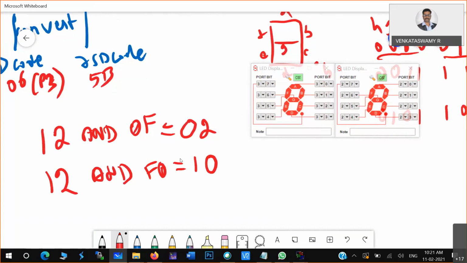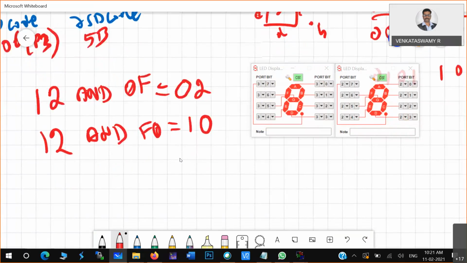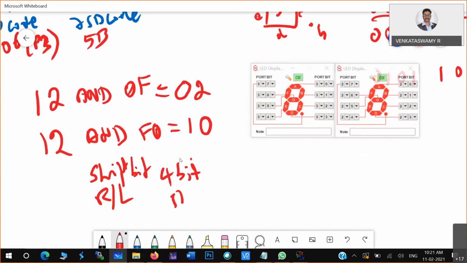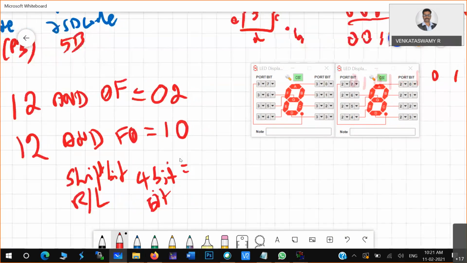Okay, so now after this, the second digit, what I'll do, there is something like shifting bits, shift bits, right or left. So 4 bits I'll shift. When you shift 4 bits in this particular 10, then what happens?